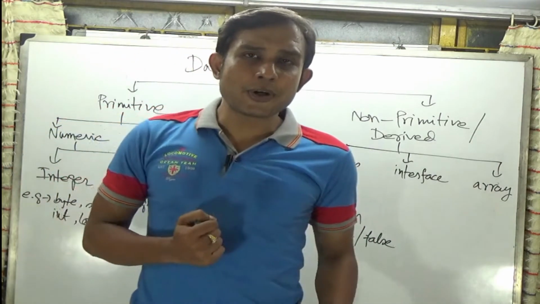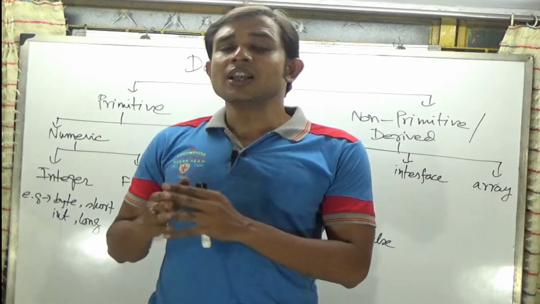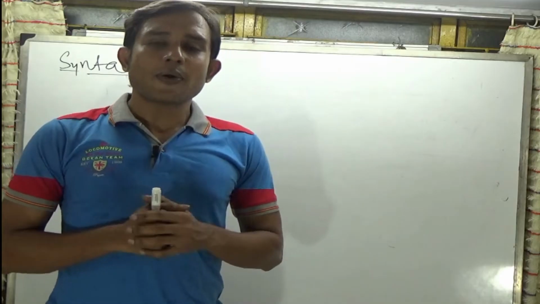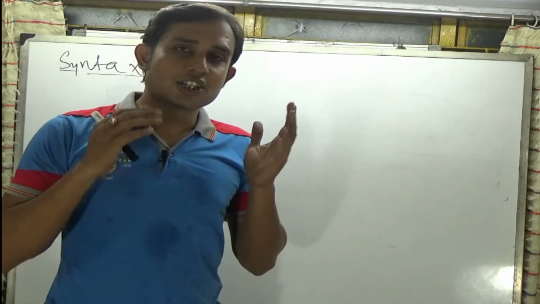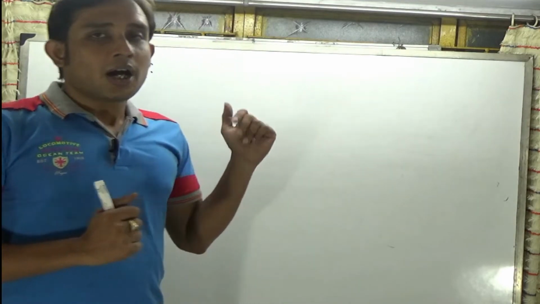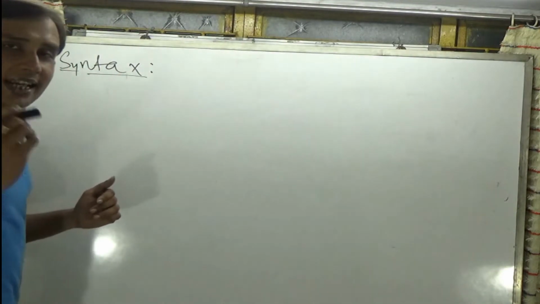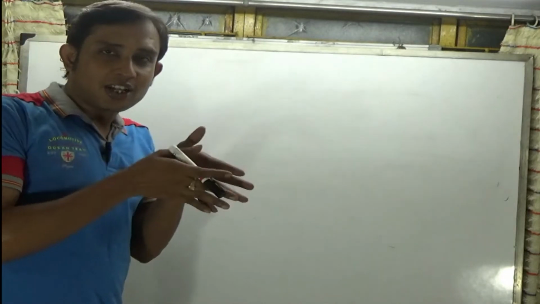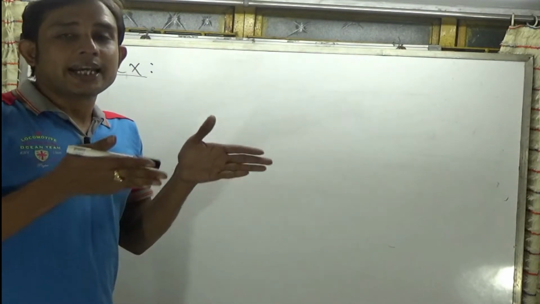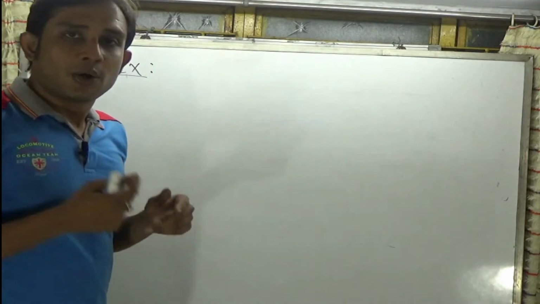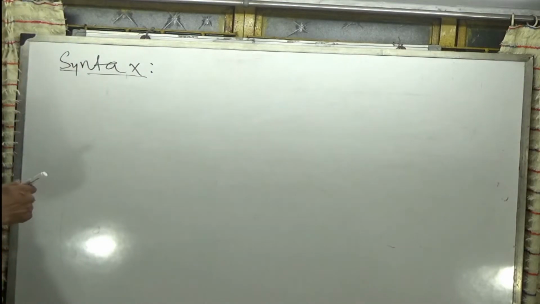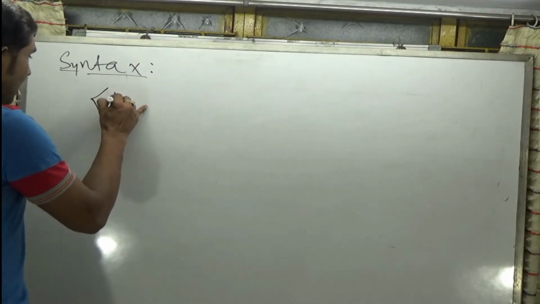Now I come to the point of how to declare a variable using the data type. Now I am going to tell you how to declare a variable in a Java program. I am just going to write the syntax. Syntax means the structure in which way something is actually created. Okay, so the syntax of declaring a variable is data type,